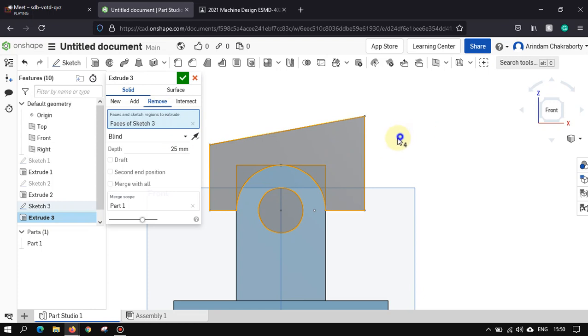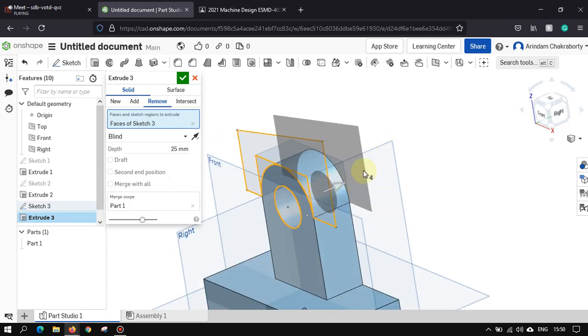Since you are removing all this part, the upper part will be removed. Don't put blind, put through all.